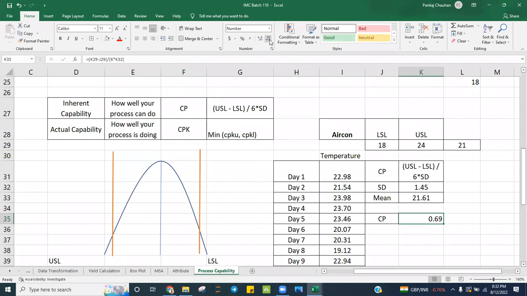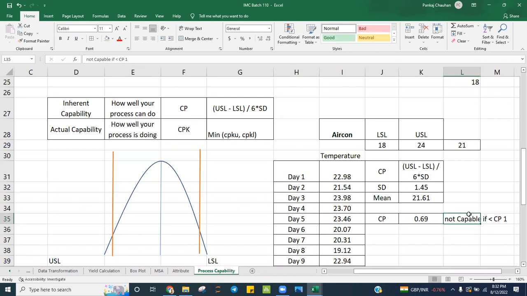Anything less than 1, because if you remember, sigma level is 6, if you divide by 3, my capability will be 2. The minimum expectation from any process is 1. And my capability is less than 1, which means not capable. If CP is less than 1,